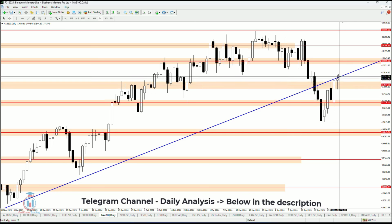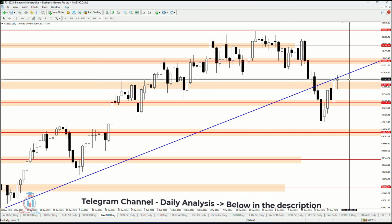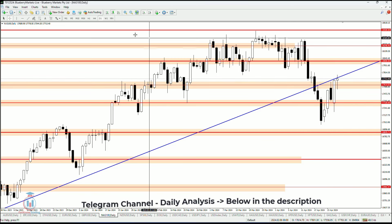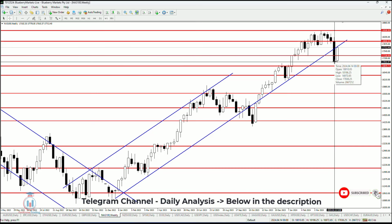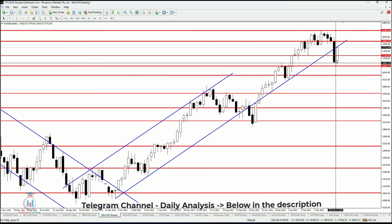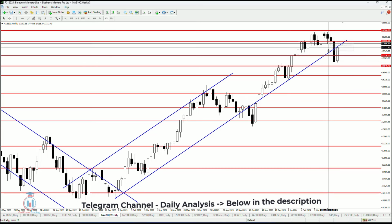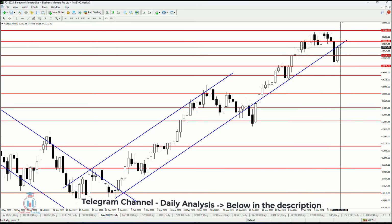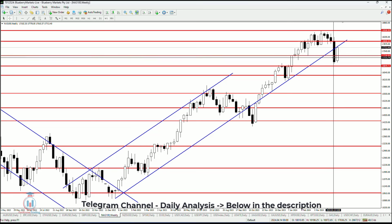And then on Friday we can see how the price behaved, continued to rise in value, and the price also closed above 17614. On the weekly time frame, this is a bullish candle, and we can see what has happened after the previous week closed as a bearish candle, which is a bearish breakout on several levels here. Here the price will turn back up, which is a cancellation of this bearish breakout on the weekly time